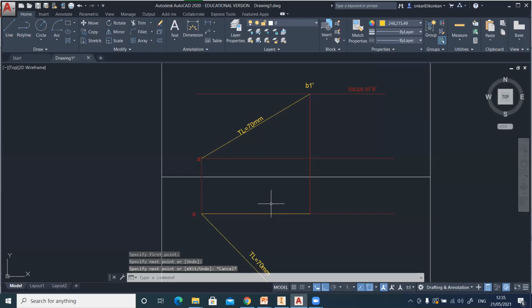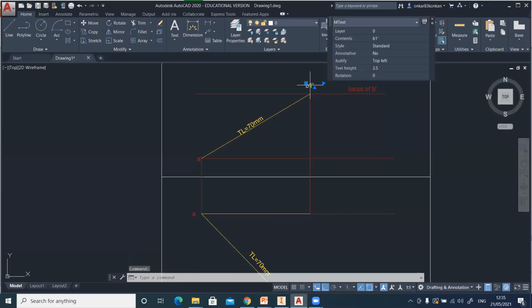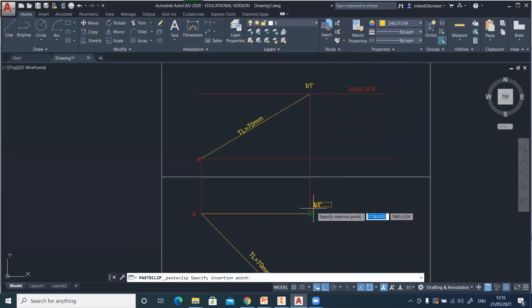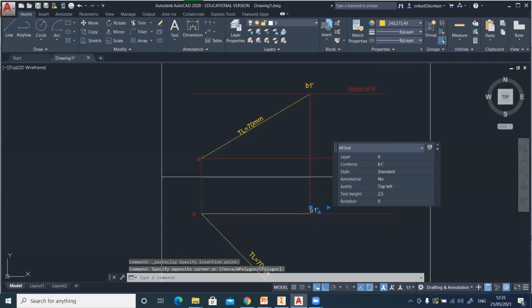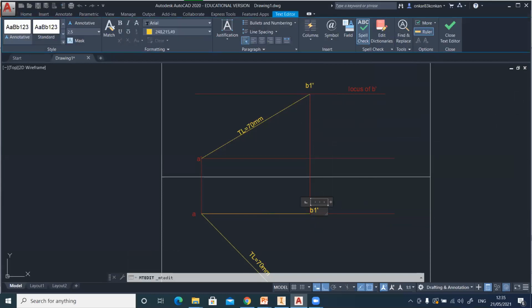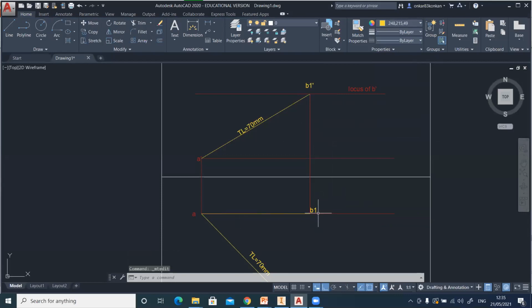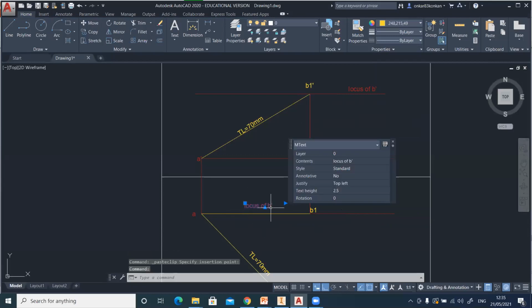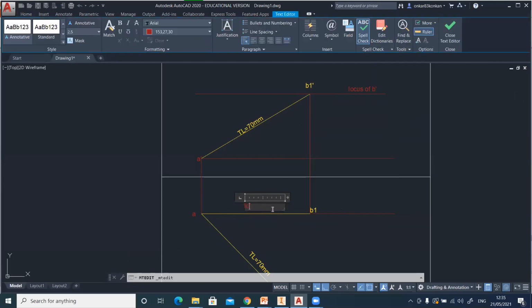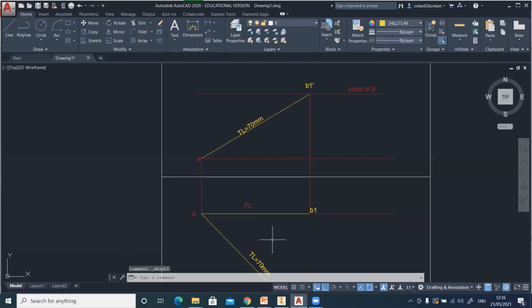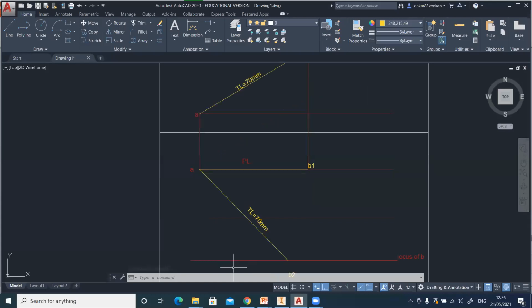This line is nothing but the plan length. So this is B1, and this is PL, that is the plan length of the line. Now plan length is equal to the actual top view.